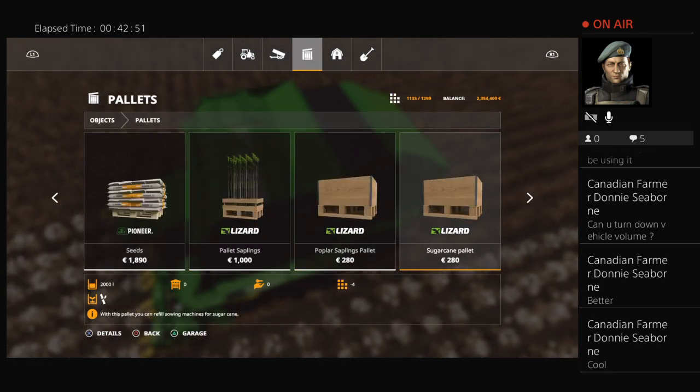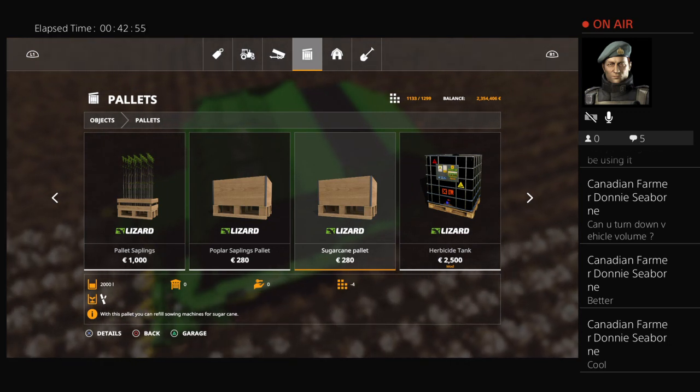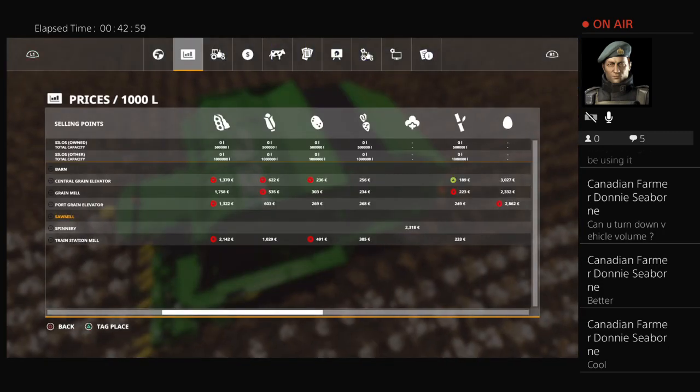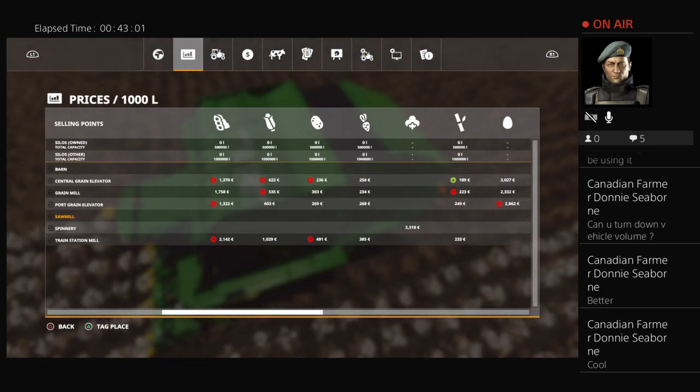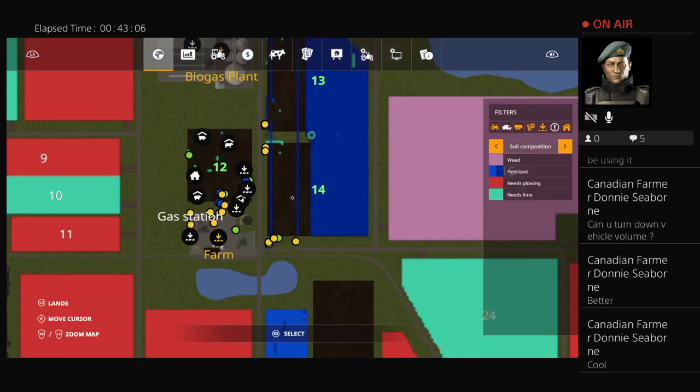Now, how do we get... Oh, sugarcane. Well, they're 2,000 a piece. Plus also then, do we have silo capacity? So if I've got some left over, can I put it in a silo? Yes, I can. Okay, good. Good to know. Would expect so, because I've used an Alien Gym silo. So, but yeah, no, that's good. So yes,